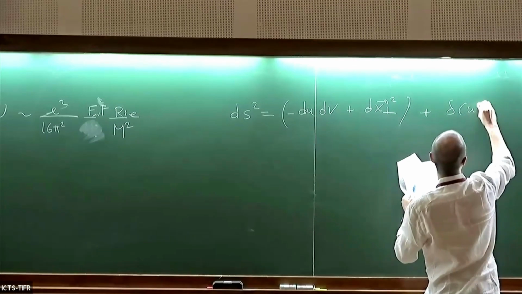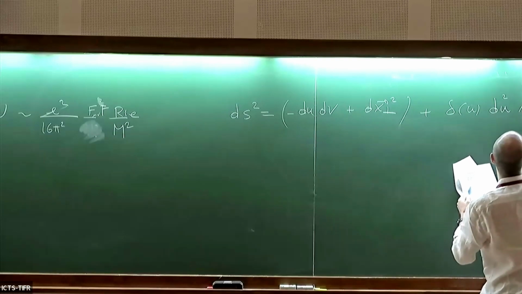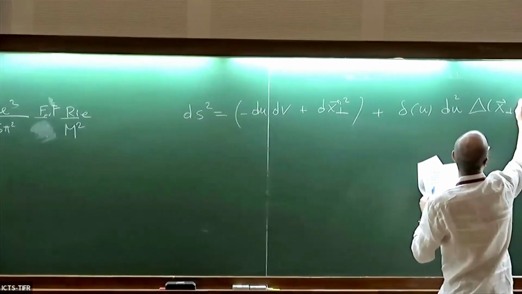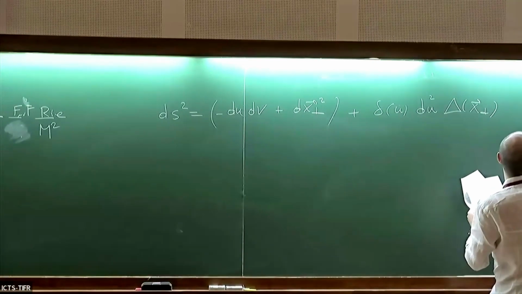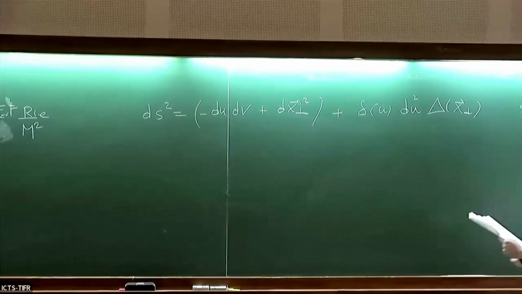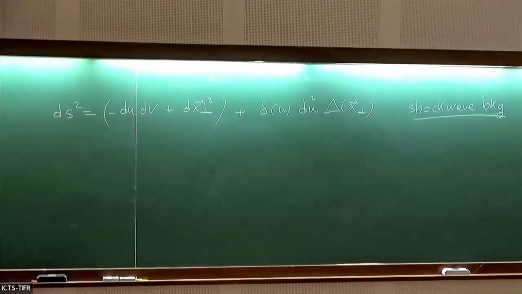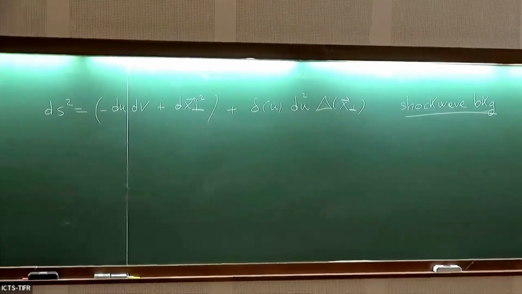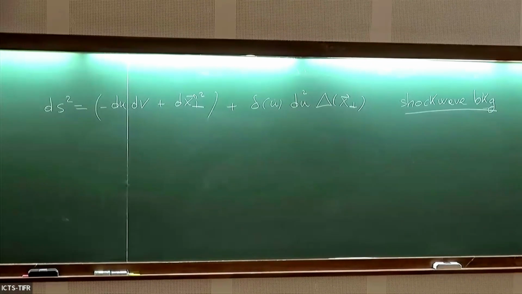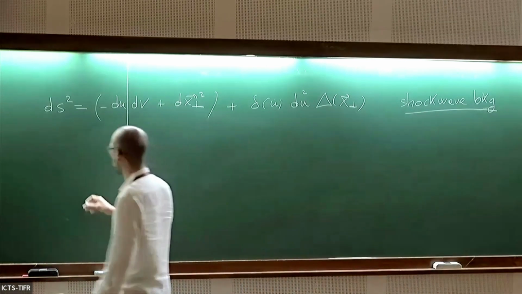Delta U, which is called a shockwave background. So you take the singular limit: you take a black hole background, Schwarzschild, and you boost it while at the same time you lower the mass. You go from the Schwarzschild metric to the shockwave background, which is a solution of Einstein's equation, where